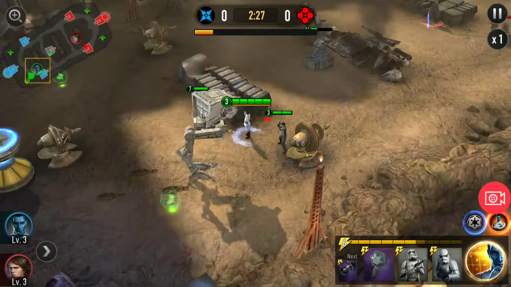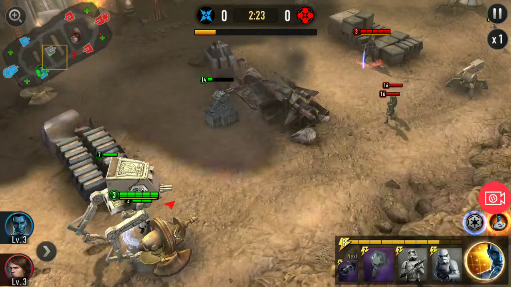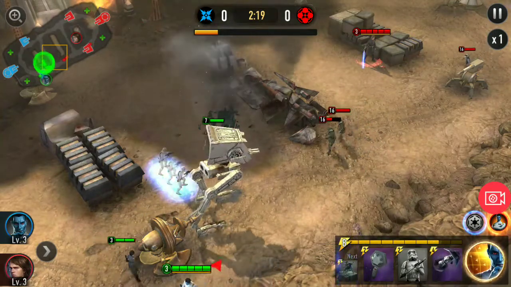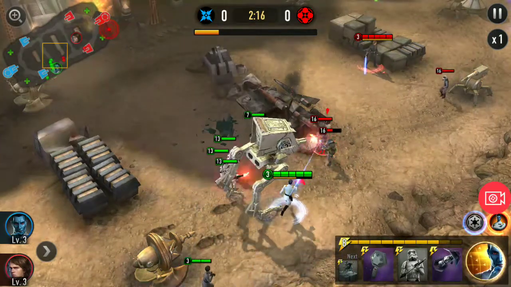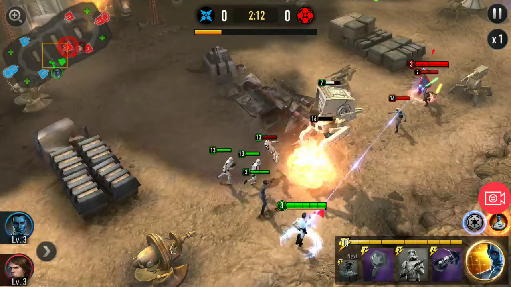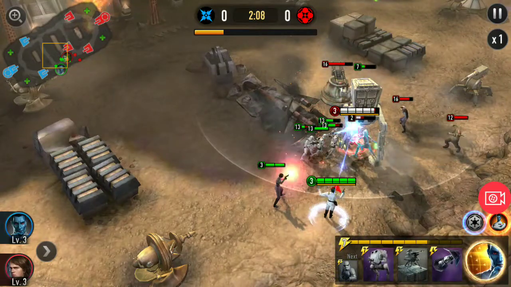And as always, when I get the walker, I'm going to put it at the very back of the map to slow push. Level 16 commons. Pretty scary, right? But not really when you have this deck. So I'm just supporting my walker with a couple of troopers. I don't want to put all my troopers out at the same time,